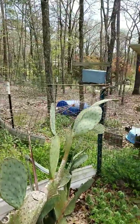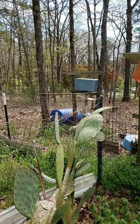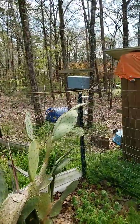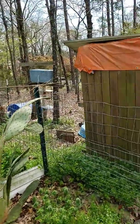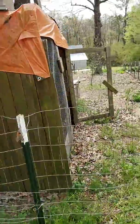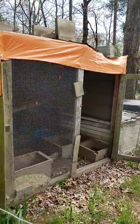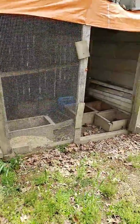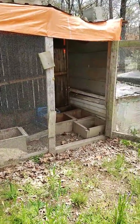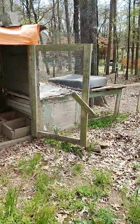Anyway, that's my chicken run, where I had my chickens, and that's a cat box in there I put in there for the birds. Cats hated it. And that's just a barrel out there. Sometimes I put feed or something in it. But anyway, this is the house that I built. And there are the nesting boxes, and I put a tarp on top so water don't leak in. And there's the little chicken coop